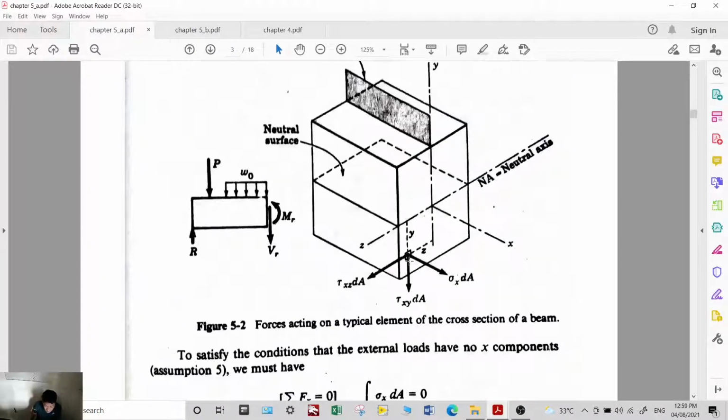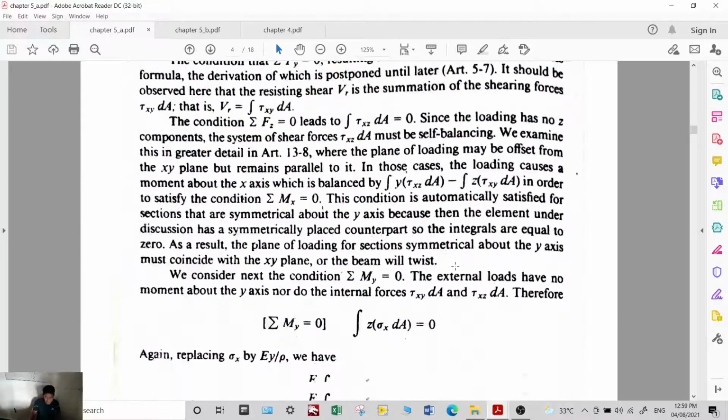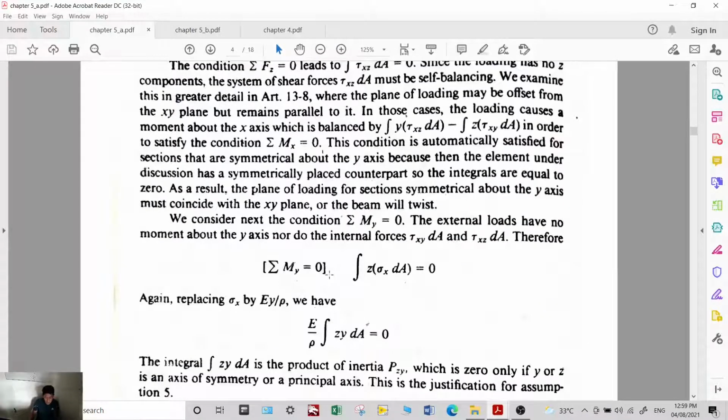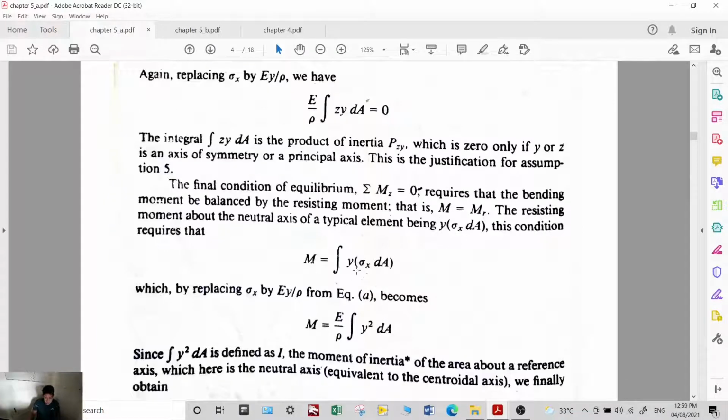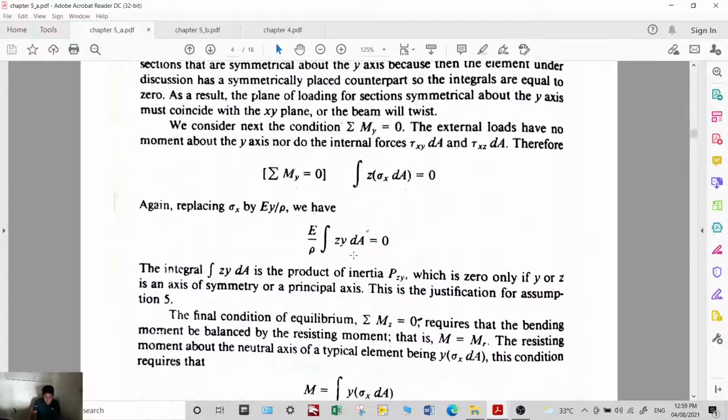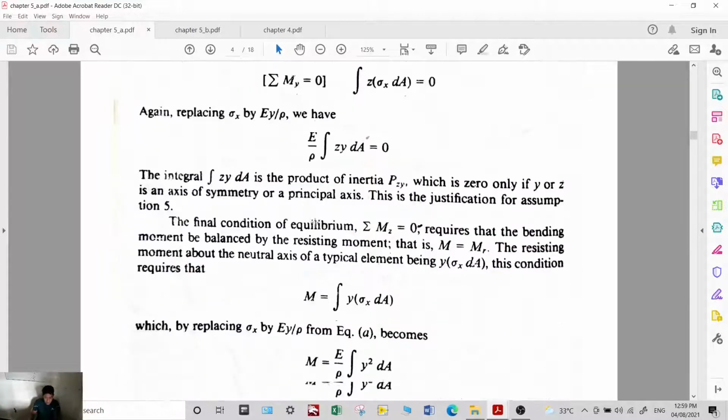Sigma x dA times z. Okay? Oh no, it is the summation of moment along z there. This one is sigma x dA times y. This one is the summation of moment along y. Anyway,